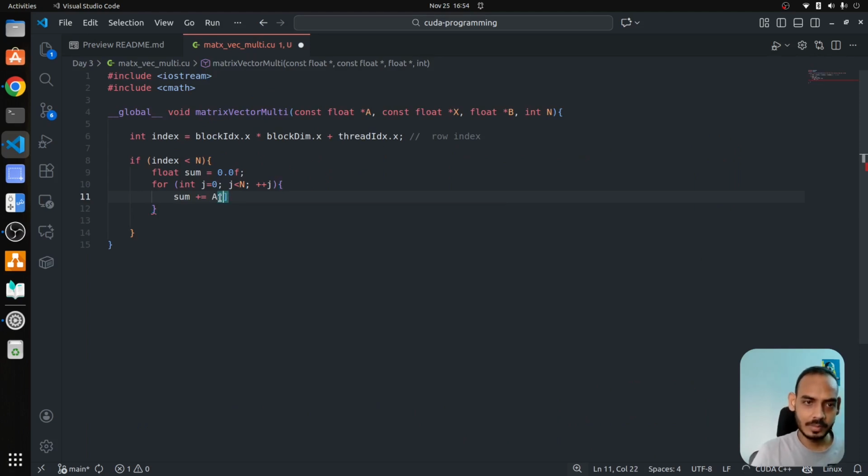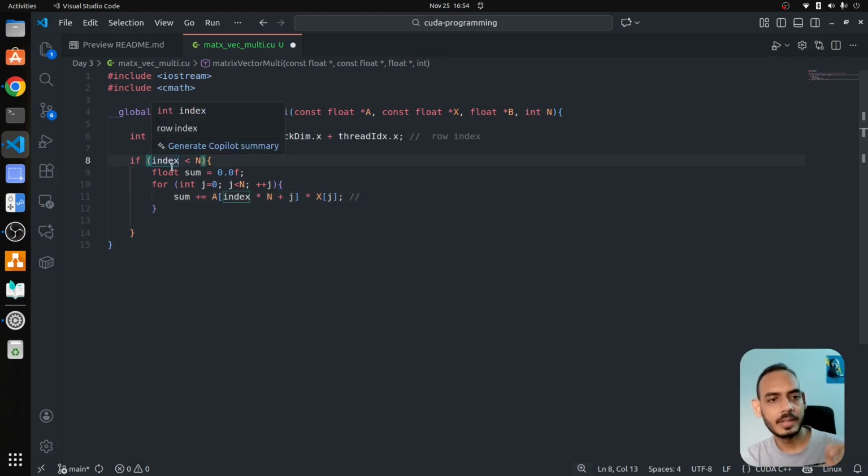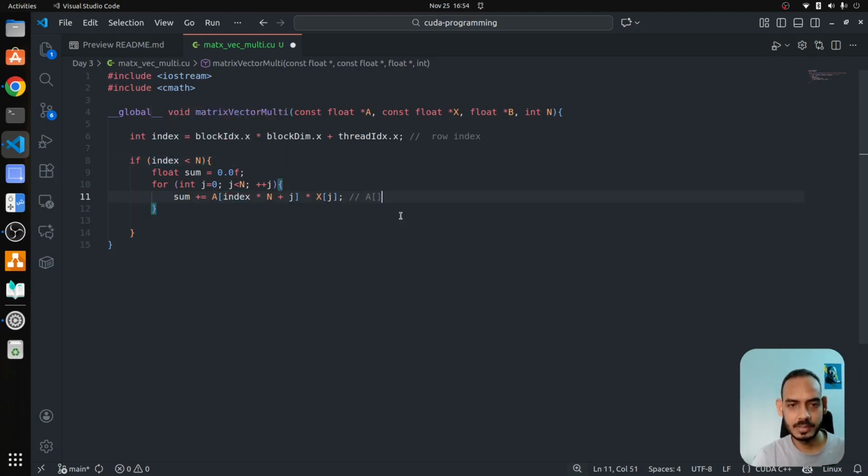So we have to access each of those elements, which is index into n plus j. This is for accessing the elements inside the matrix in row major order, and then we want to multiply with our vector, which is x j, semicolon. If you do it for the first time, consider the thread index is 0. So first thread index is 0 and n is equal to 10 plus j is equal to 0. So this will lead to a of 0,